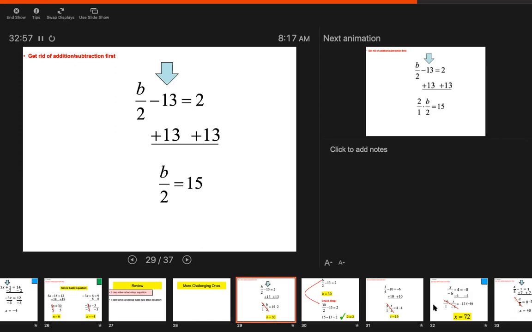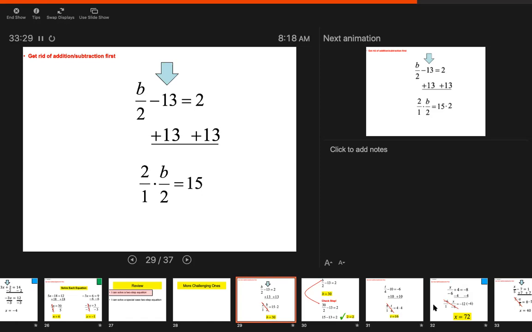1/2, which I don't want to do. So where does the 2 need to go? Next to the B. And what I'm really multiplying by is 2/1. Some students will want to write that as 2/1. Some students will just want to put the 2 next to the B. I always put it as a fraction just to make sure you understand that we're multiplying by 2, not by 1/2. Whatever you do to one side,